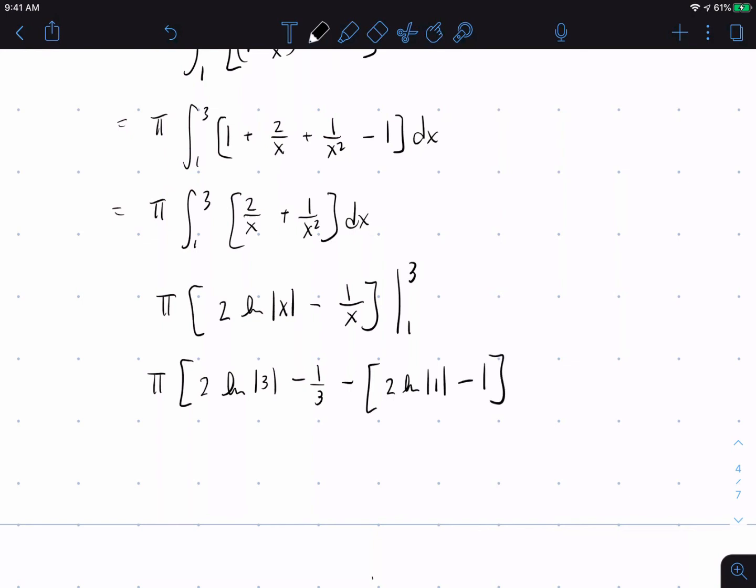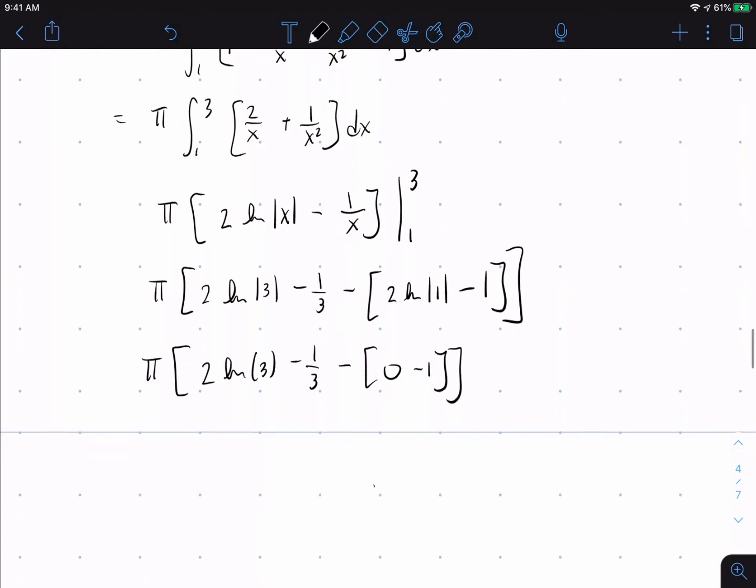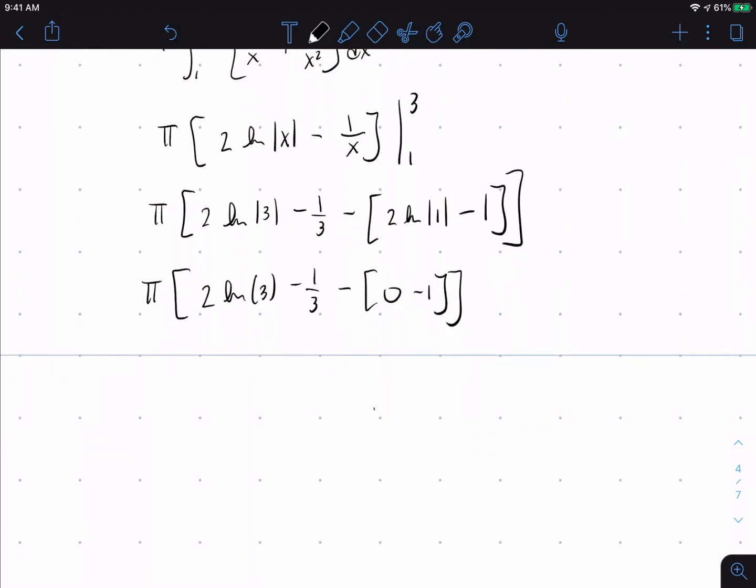I'm trying to show this to you guys so you totally see it. So I'm going to get pi, 2 ln of 3 minus 1/3 minus 0 minus 1,